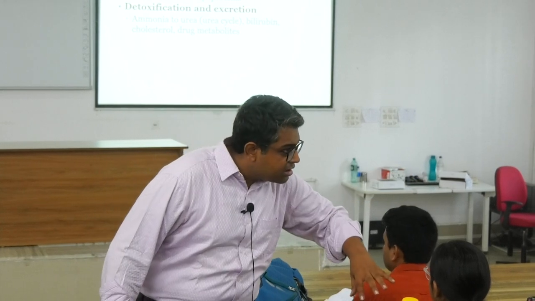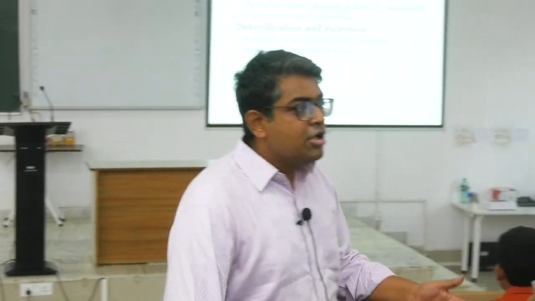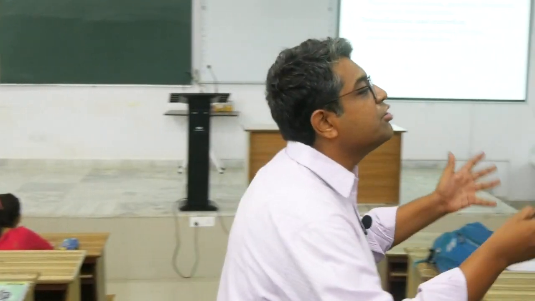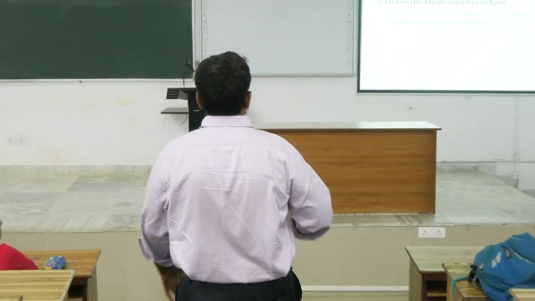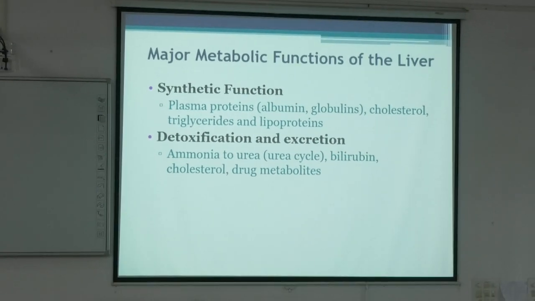Transaminase plus deamination. Glutamate dehydrogenase. Okay. So it is the seat of transamination and the only way to remove the ammonia group to get your ketoacyl counterpart. So, major detoxification function, formation of urea, formation of bilirubin,